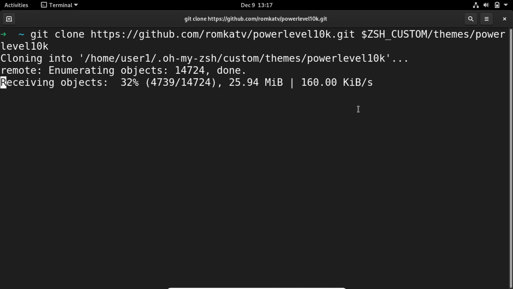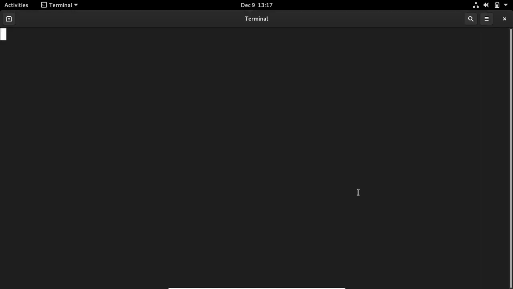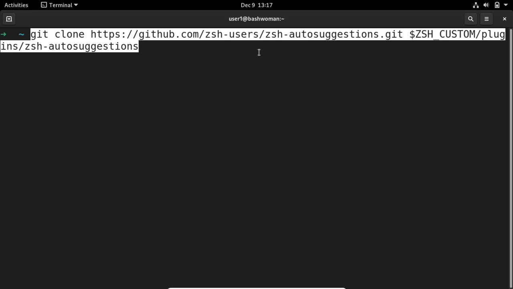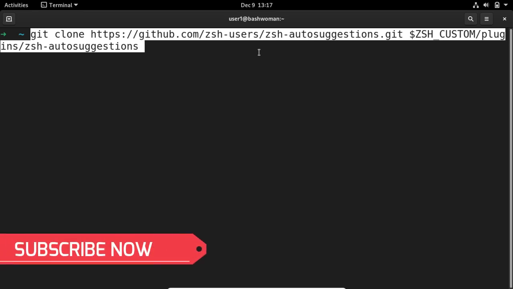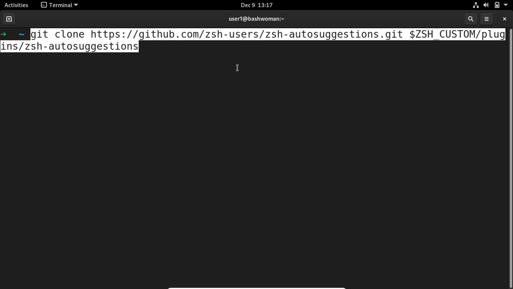I don't want to waste any time, so I'll open another terminal and run the command git clone. This repository is for the auto suggestions, and you can search the web for zsh-autosuggestions. I will also drop the links in the description box, so check it out, and all the commands will be in the GitHub repository.